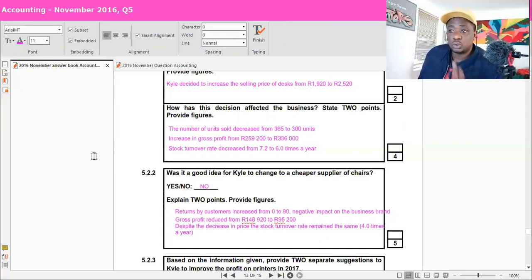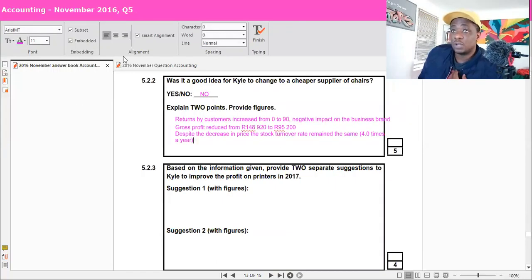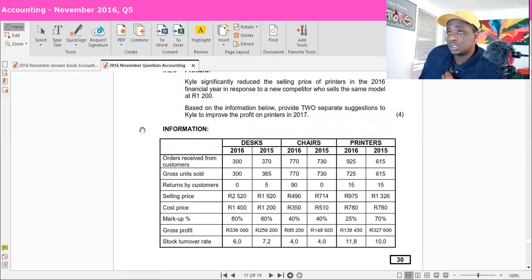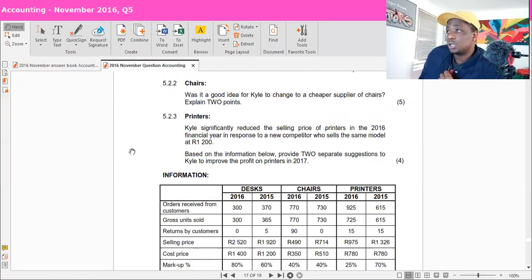You only needed to explain 2 points. Again, if you included 3, that's up to you. They're going to mark the 2 that are correct and give you the 5 marks that you deserve for this question. And then moving on to 5.2.3, which is the last question of this